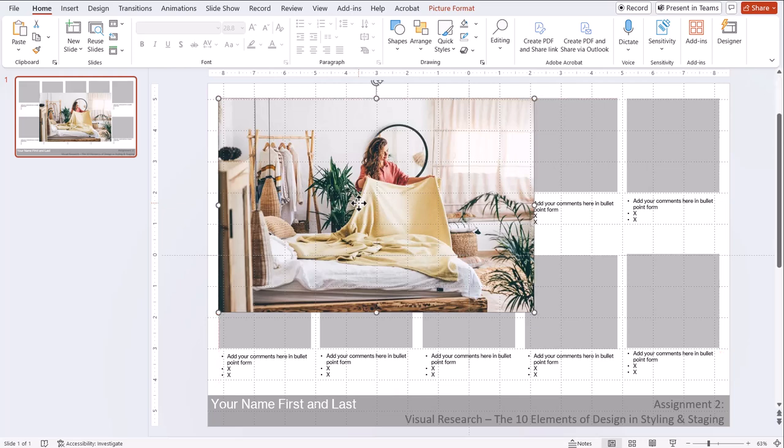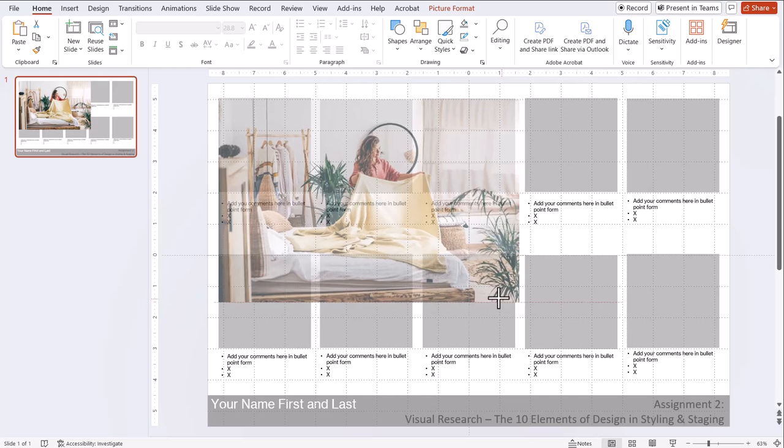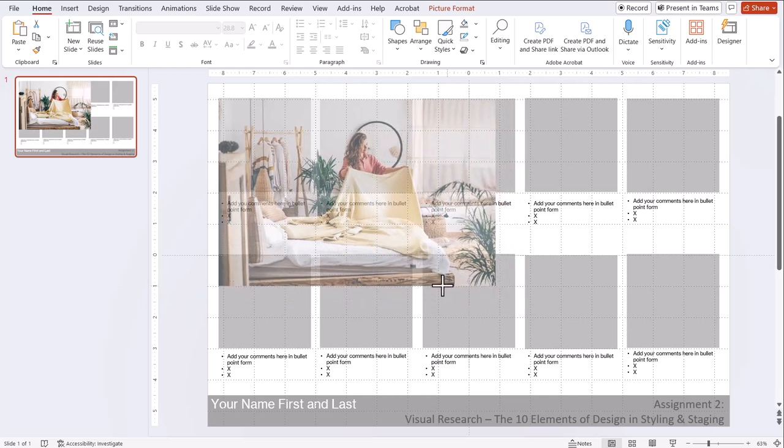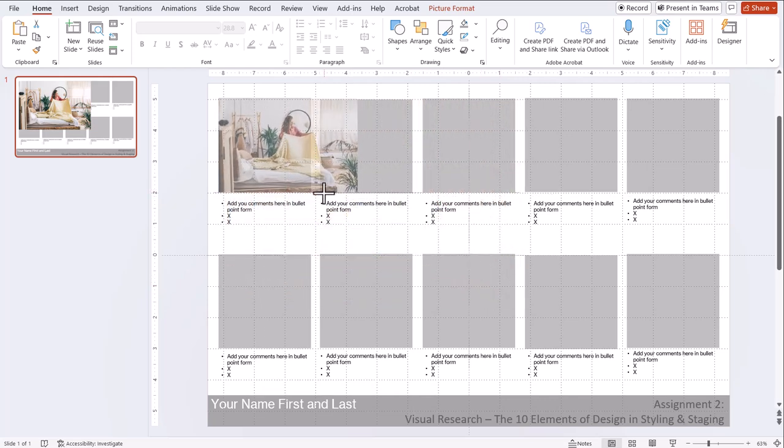It's my first element, and I'm going to take it over to the box and match the corners. And then I'm going to scale it until it's the same height. So if your picture is landscape, you'll reach the height first. If your picture is portrait, you'll meet the width first. Either way is fine. But notice that the picture is too big for my box. Bummer. So I'm going to have to figure out how to crop it and still have my element show in